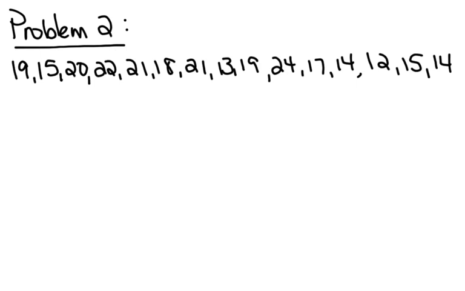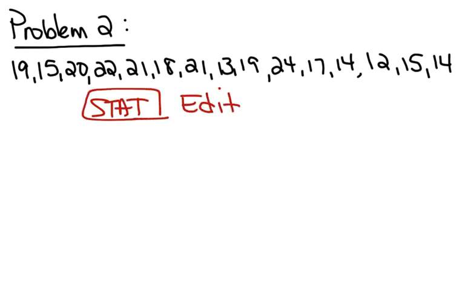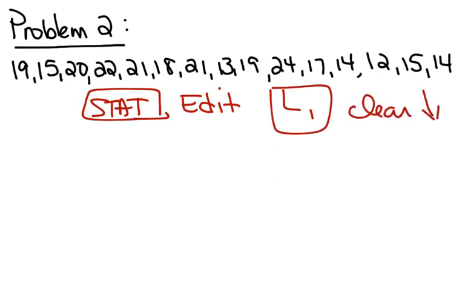What I want you to do is the same thing we did when we analyzed data. We put this data into list 1 under stat. So if you go to stat and edit, we're going to put this data into list 1. Remember, you can clear list 1 by putting the cursor on list 1, hitting clear and down, and the data will go away. Make sure you have no data in any other list. Put these 15 numbers into your list. They do not need to be in order. Once you've typed them all in,